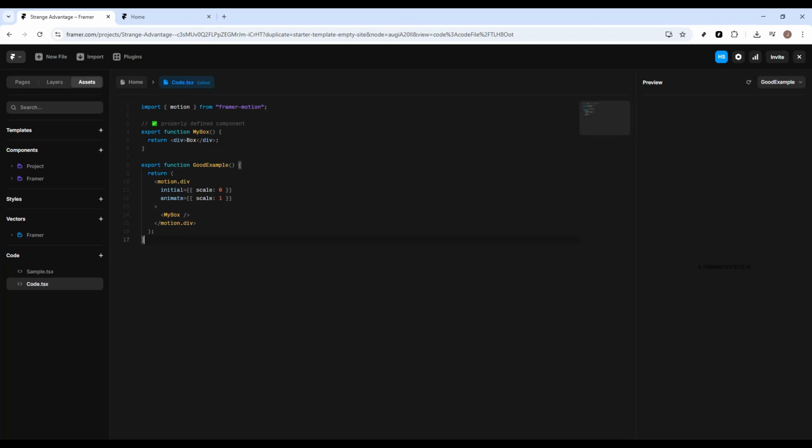If you're seeing the motion error message, "element type is invalid," don't worry, this is usually a simple import or component issue. In this video, I'll show you exactly how to fix it step by step in Framer. This is a really common problem when working with Framer Motion, and the good news is that it's usually not a complicated bug. It often comes down to using the wrong import, referencing an undefined component, or wrapping the wrong